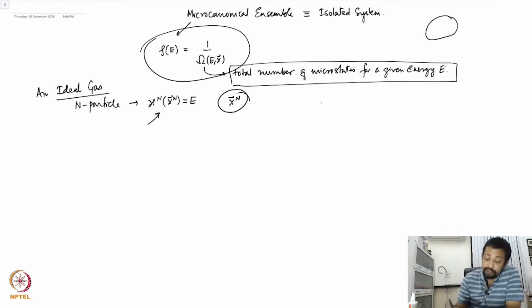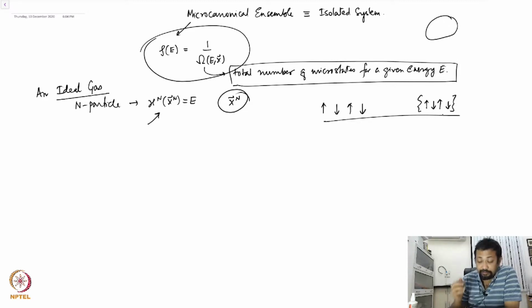For example, one can imagine a spin system on a lattice where the spins can take up and down values. Here, the microstates are clearly the configurations of the spins, right? We will do that a little later, but the idea I want to impress upon you is that there are two possibilities one needs to look at. One, where your microstates can take continuous values as a random variable. Here, for example, this x_n is a random variable. And in the other case, your microstates can take discrete values. So we'll start off with a very simple system, what is known as a two-level